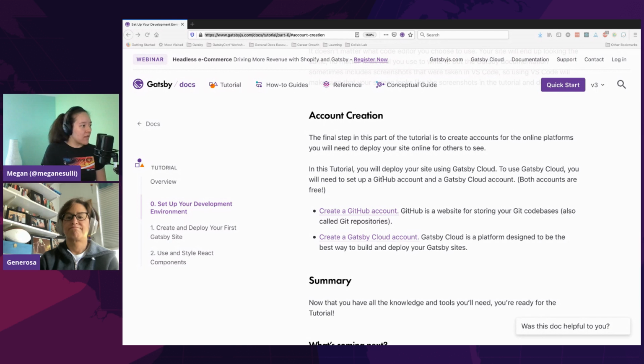And then Generosa, you said that you had some specific installation issues when you were going through this. Do you want to talk a little bit about that? Sure. I have the privilege of having one of the latest and greatest MacBook Pros, which is using the M1 chip. And all past installations like Homebrew are based on the x86 Intel chip. So I was installing it and getting all these errors and realized that you have to have something specific for the M1. But as of like 2 days ago, Homebrew supposedly now supports the M1 chip.